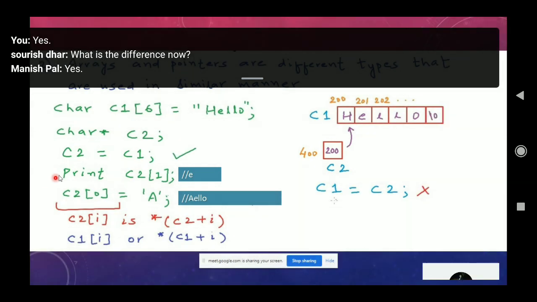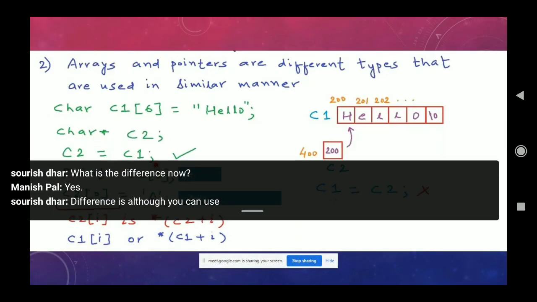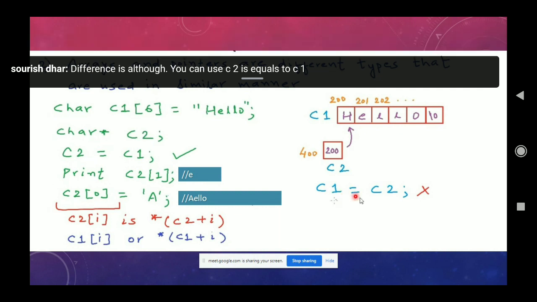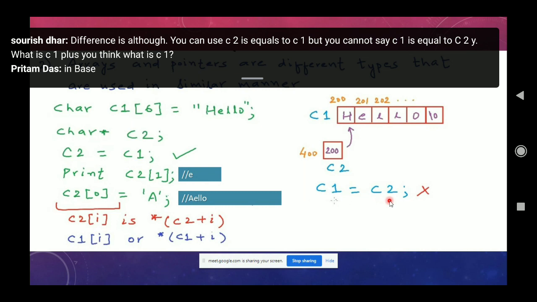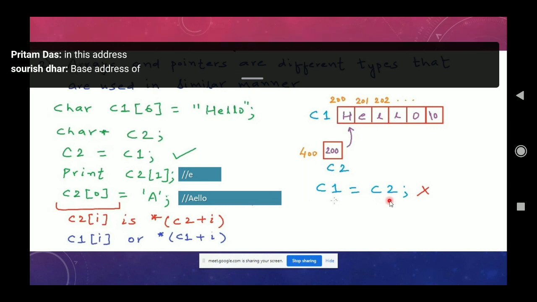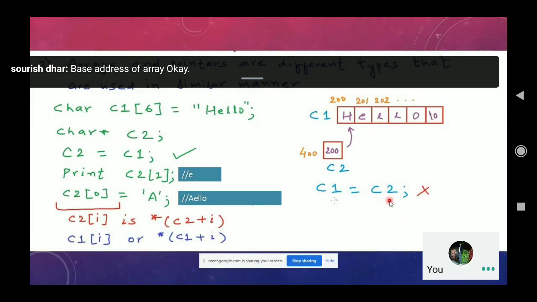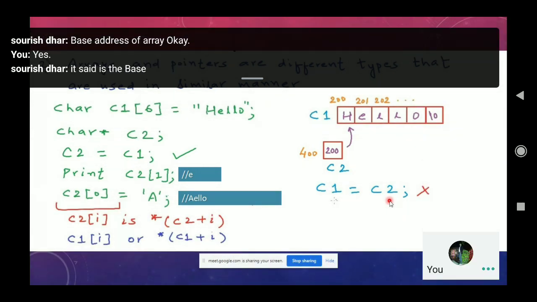What is the difference now? The difference is, although you can use C2 = C1, you cannot say C1 = C2. Why? First think, what is C1? Base address of the array.